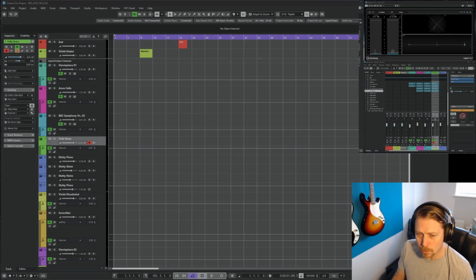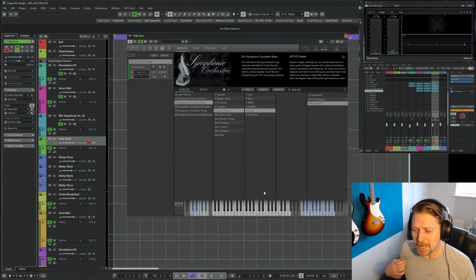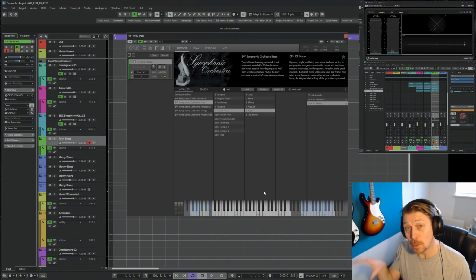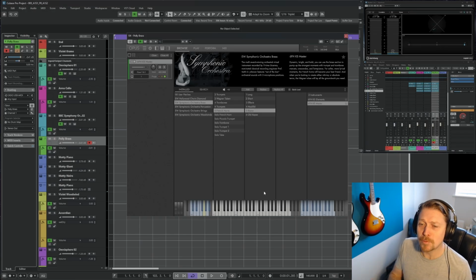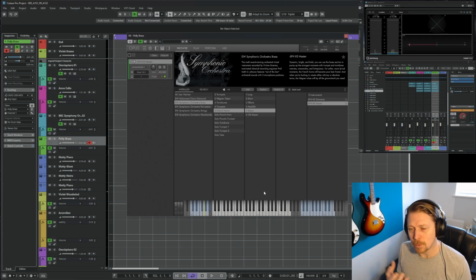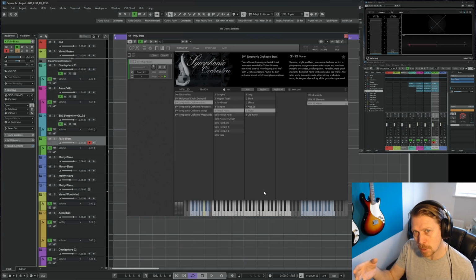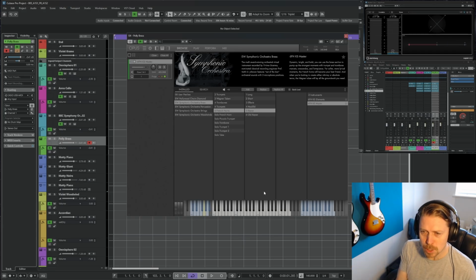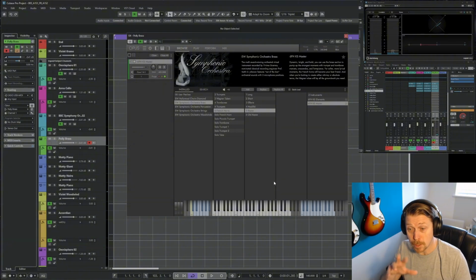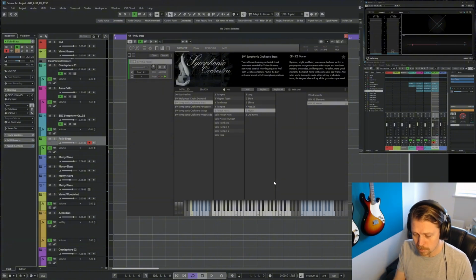So I'll try and blend something across those two characters. So for Violet being the horn, sounds rude, doesn't it? Violet being her instrument, being horns. I've come away from the Wagner tuba, which is what I was using before. It's quite a powerful kind of sound tuba. Because I need this to be quite mellow, I've just moved it onto kind of French horns now. So I just want to show you the different types of French horn that Opus East West Platinum has.